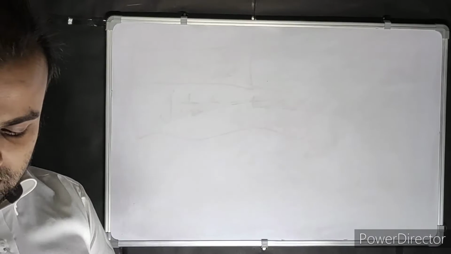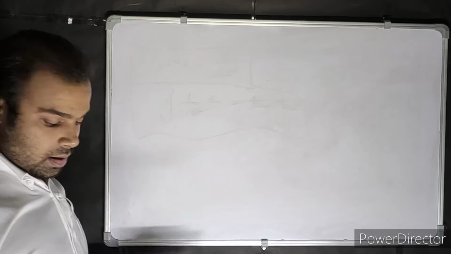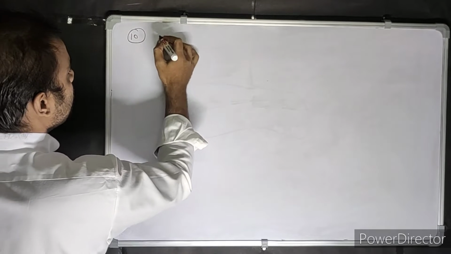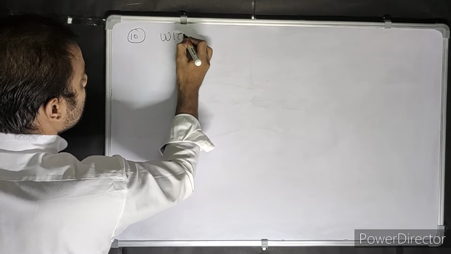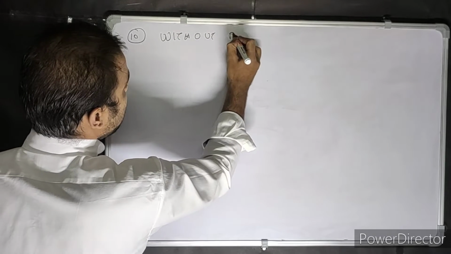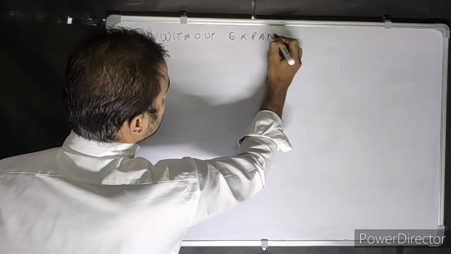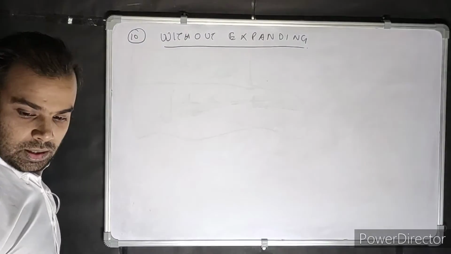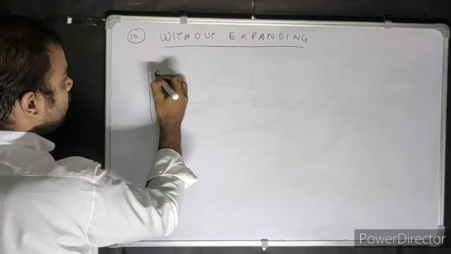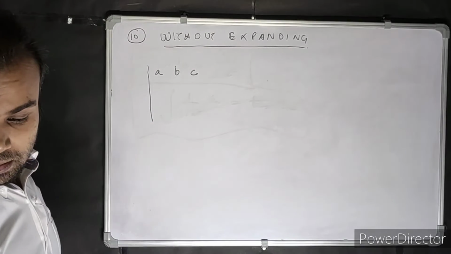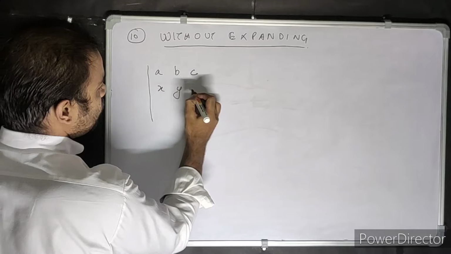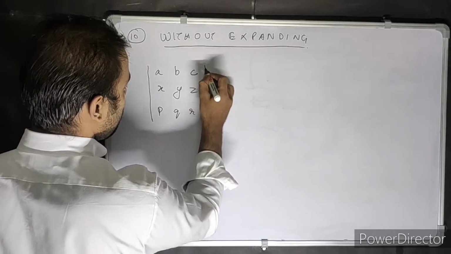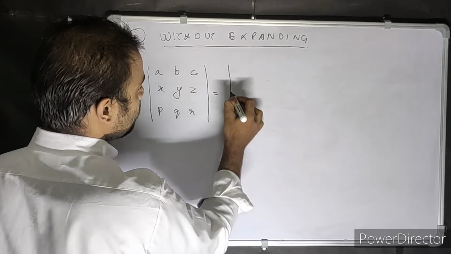It says, without expanding, prove that. Without expanding, you have to prove this. So question number 10. Without expanding, we have to prove that the determinant A, B, C, X, Y, Z, P, Q, R is equal to